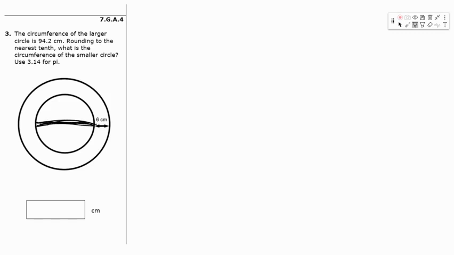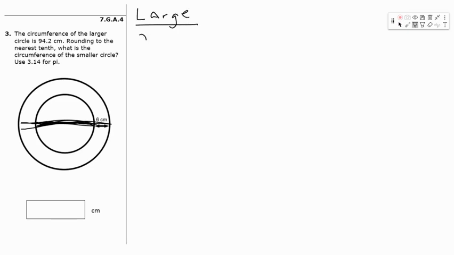And in order to do that, we need to work backwards from the information we have about the circumference of the larger circle. If we can find the diameter of the larger circle, we can subtract 12, so subtract the 6 from both sides of the ring to find the diameter of the smaller circle. So let's do that. The large circle,